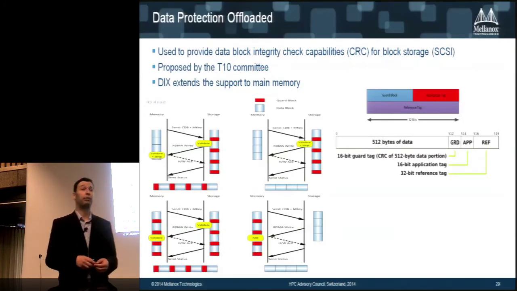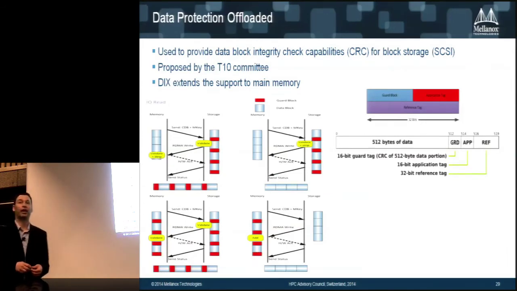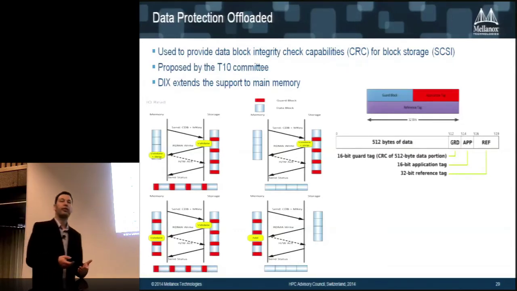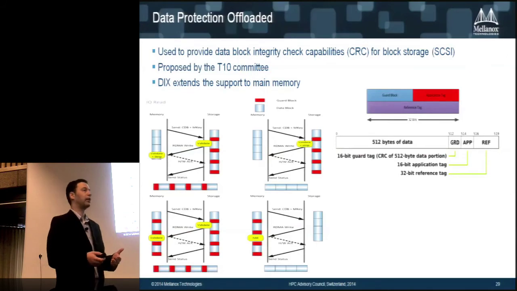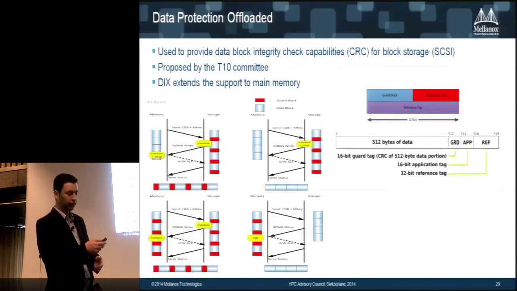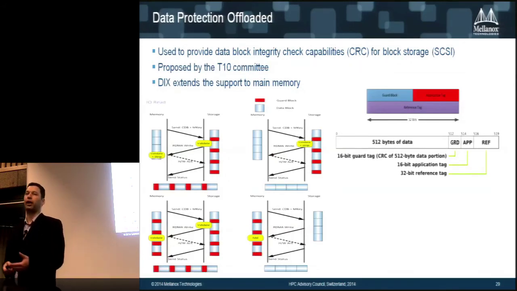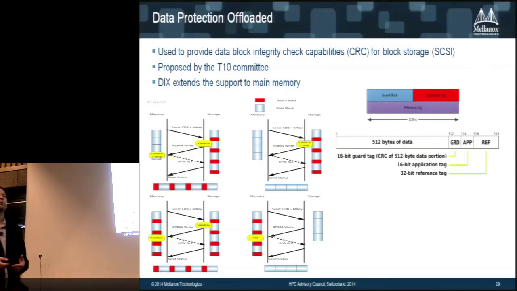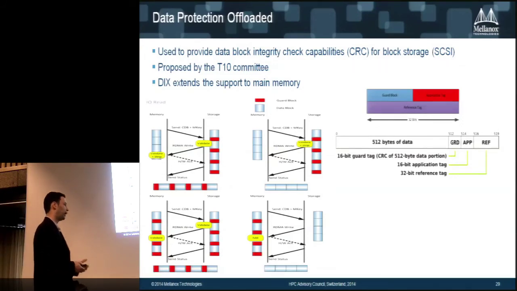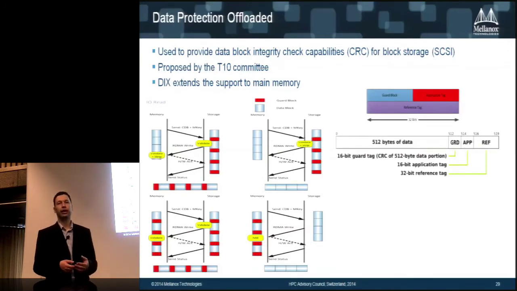And errors are going to happen because of software errors and because of hardware errors, especially at this large scale, and you want to take immediate action once something goes wrong. So the idea is, calculation of CRC and all of that, and insertion of those interspersed data and this metadata of a few bytes, those things require a lot of processing in the CPU. And part of the features that we added in Connect-IB is to offload the data protection calculation.